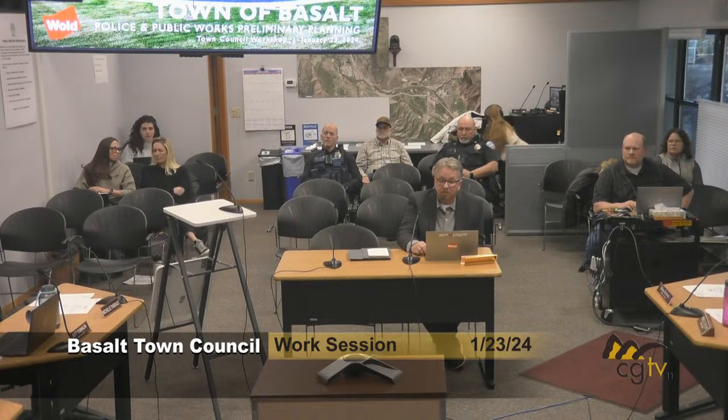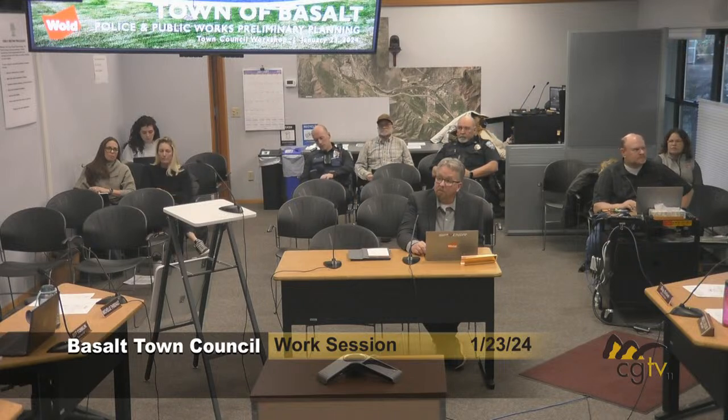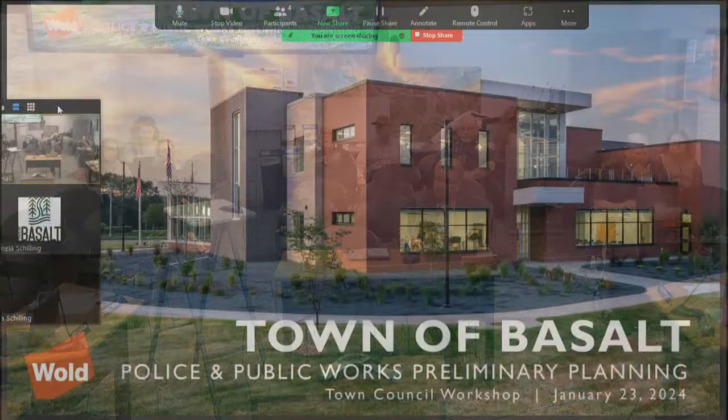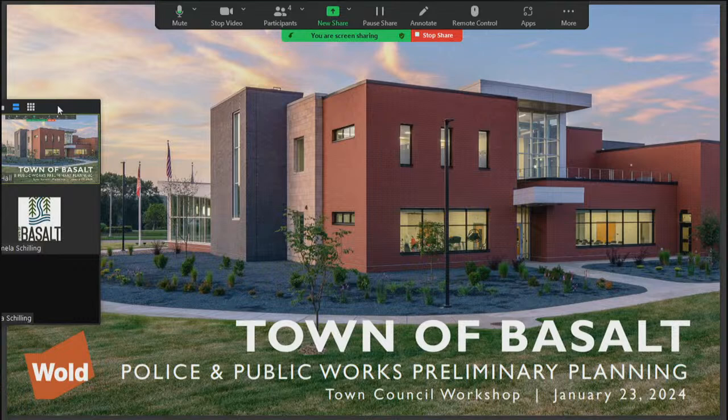But we have been working on some site planning and programming for what buildings would need, and this is both for the Public Works and for the police. So if you recall, we acquired 2 different parcels at Original Road and Highway 82, basically. One was the old Shelton drilling property, and the other is Umbrella Roofing. And so we're trying to look at those sites for how best to suit the future needs of the PD